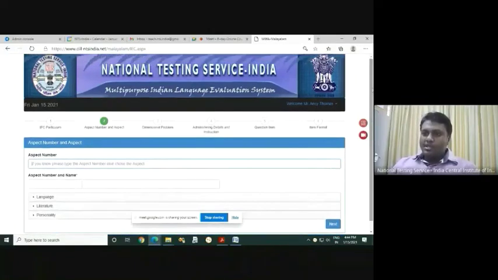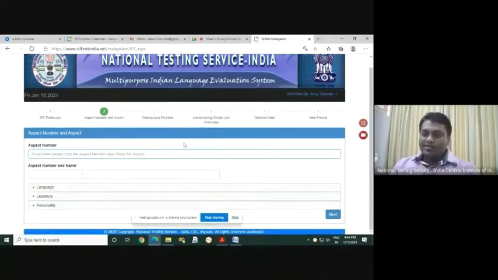This is how the screen comes. Up where I'm moving my mouse, there are 1, 2, 3, 4, 5, 6 tabs. There are 6 tabs, and we concentrate more on this 5th tab. If you complete these 6 steps one by one, the question item will be saved successfully. I'll explain it very easily, and it's a very easy software at the first part.